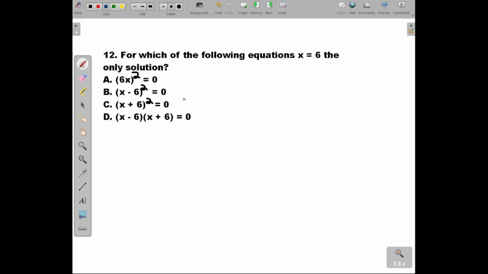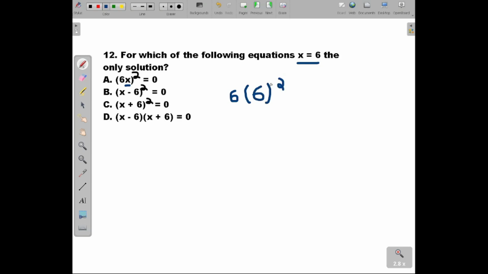Number 12. For which of the following equations is x equal to 6 the only solution? Let's replace x with the value of 6 in each equation and then check if the equation is consistent. So first for A, 6 times x